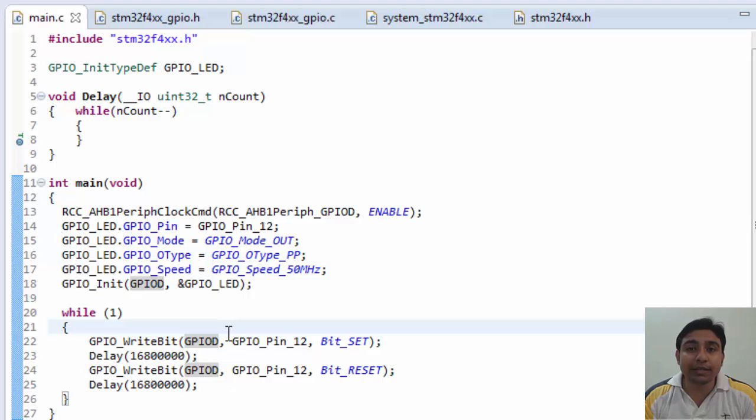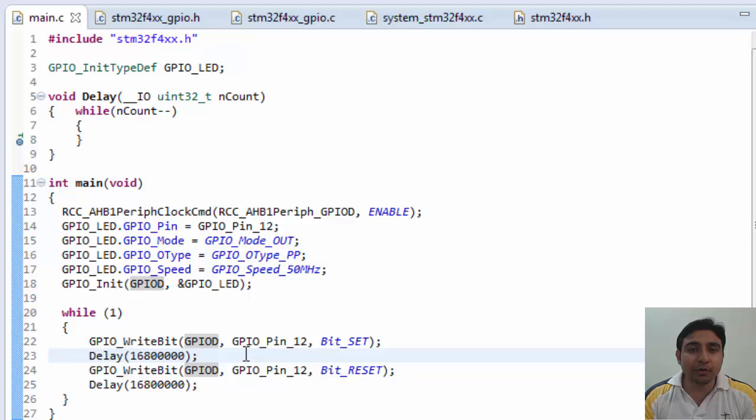So if you do a little bit of calculation, then you will understand that we have to pass 168,000,000 number, as on each loop 10 instructions execute, and thus total we will be having 168,000,000 instructions in the delay function, and that is 1 second.